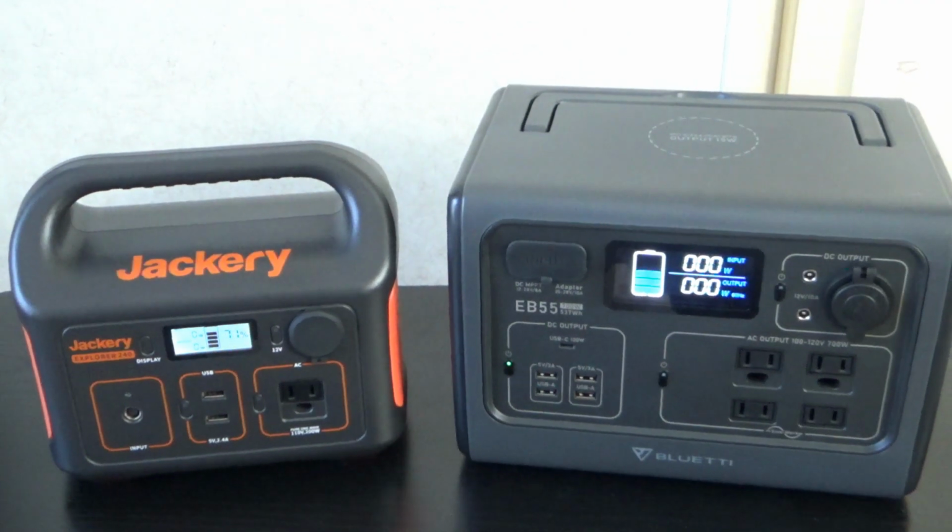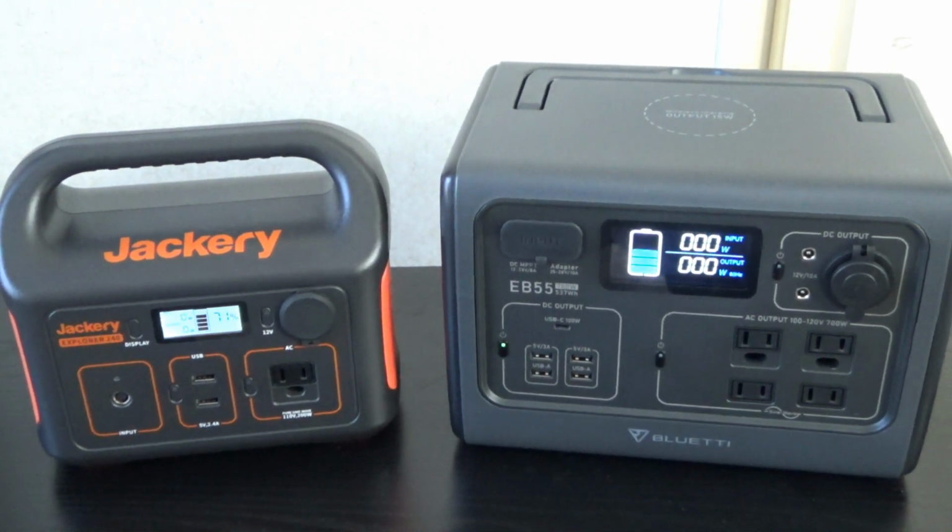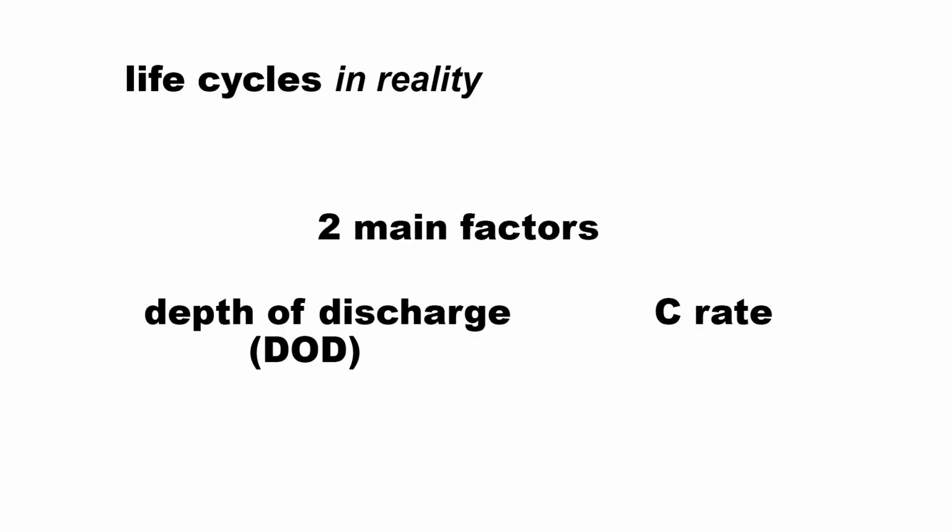Like NMC versus LFP. You can clearly see that LFP gets a lot more life cycles, right? But the point of this video is that the test is actually a little unfair to NMC batteries, and it almost makes them look useless, like why would you even spend money on them? So I just wanted to go over that in this video,